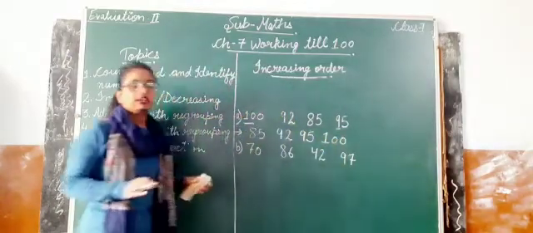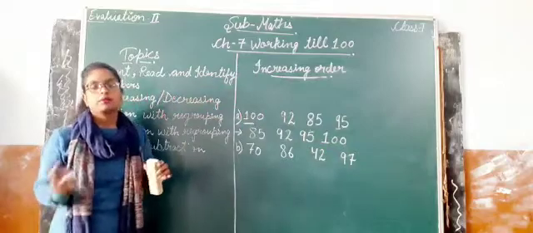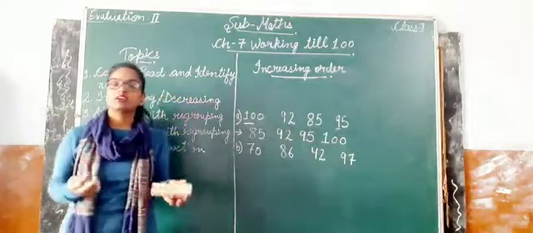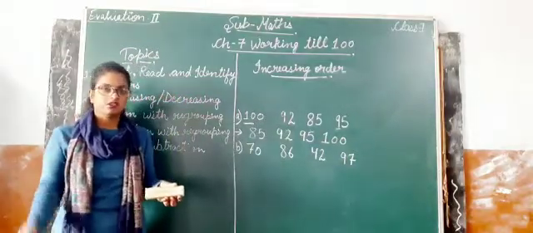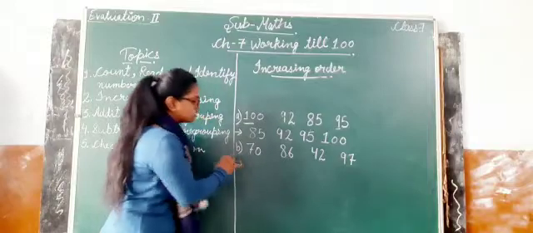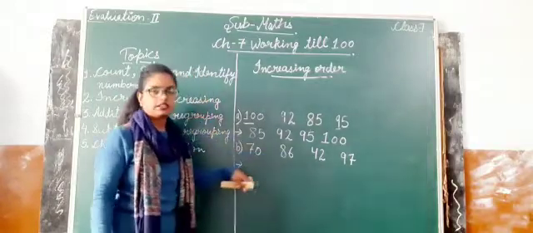Students, this was a trick if you don't know your numbers well. But please learn the numbers well from 0 to 100 so that you can know which number comes before and which number comes after. If you know your numbers well, you can directly tell me which is the smallest number out of them all. It is